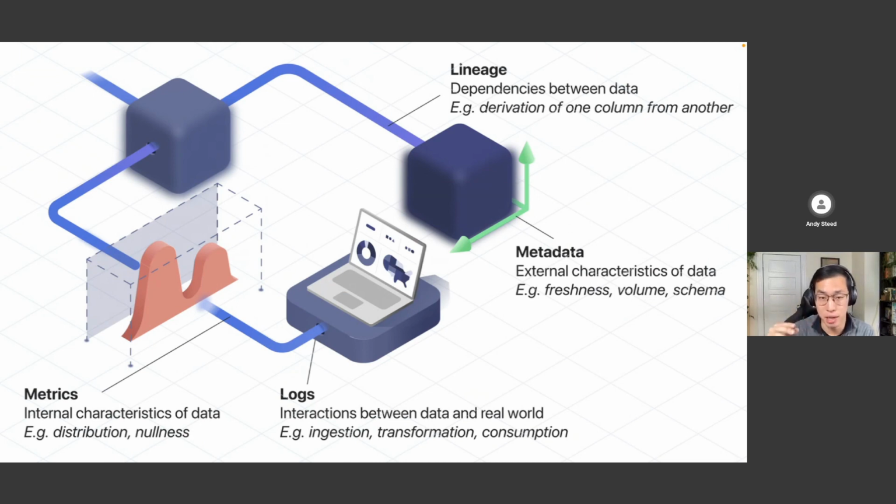And in contrast, you might have external characteristics. So given this table, but not actually looking at what's inside of it, just metadata around it, you could describe how many rows are in this table. What is the schema, right? How many columns, the names, the types of those columns, and when did this table land in your data warehouse, or when was this view materialized? That is the freshness. And these two